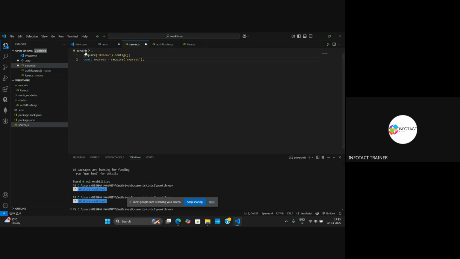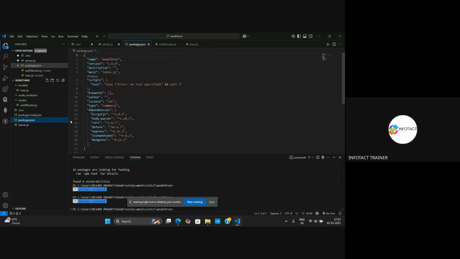As I have already told you, or I don't remember if I have told you or not, there are two methods of importing the dependencies. What are they? Methods for importing dependencies. The first one is require and the second one is import. And if you want to use the second one, what you have to do is go to package.json and above the script just write type